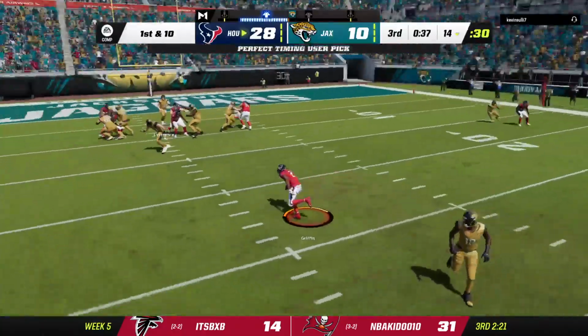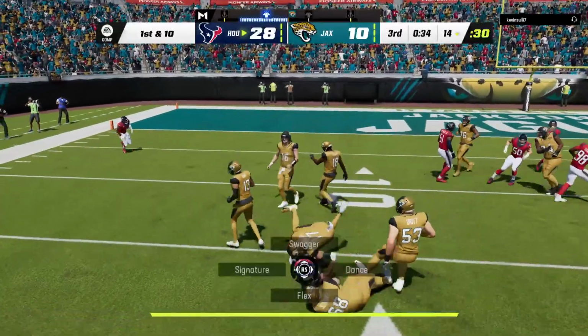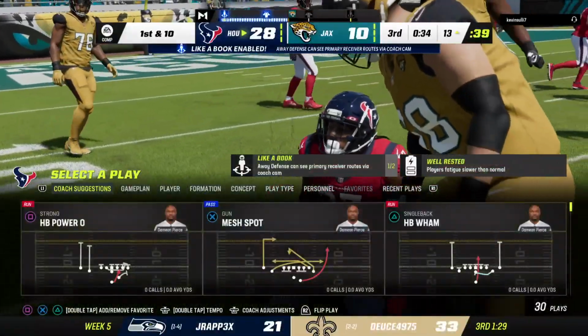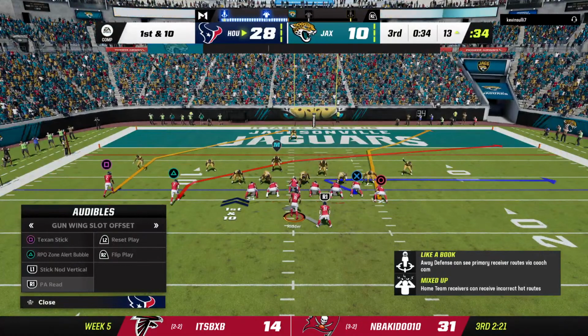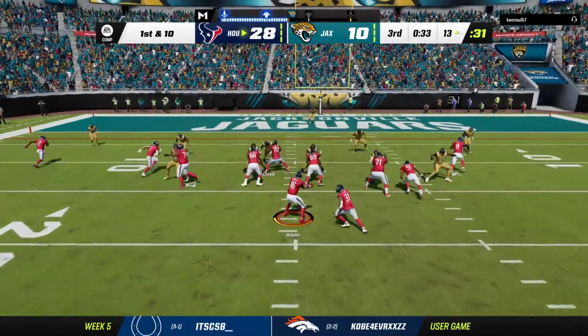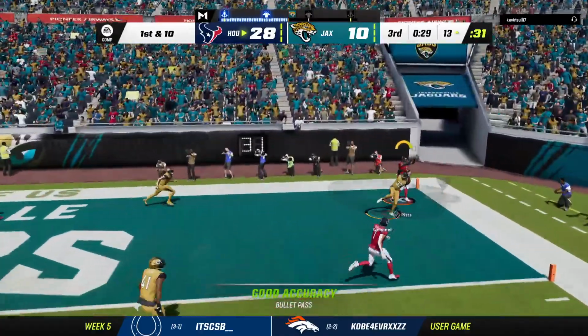This deep. Oh, that's the 3rd interception for Lawrence. Shaquille Griffin with a pick. And the Texans are going to take possession of the football. Boy, so another interception, CD. It feels like he's starting to unravel a little bit. And as you would expect, still a work in progress here in his 2nd season. He has to start ironing out some of these mistakes, though, because now his head...